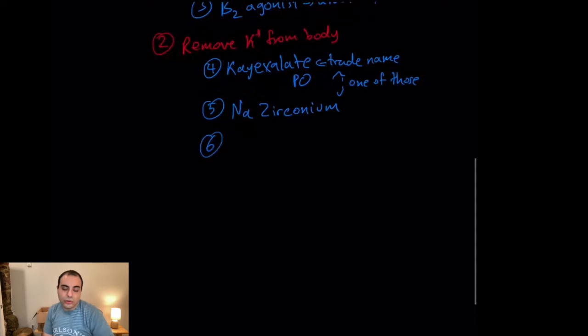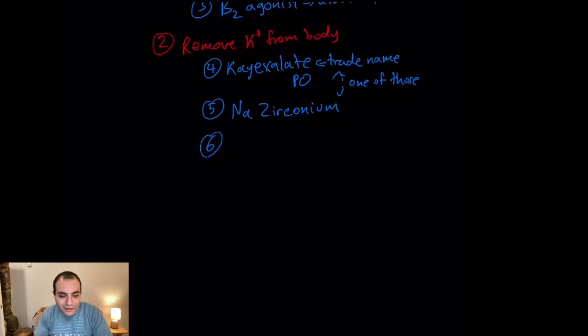What's next? So now you want to actually get rid of the potassium. What's another way of getting rid of the potassium? Diuretics, loop diuretics. Furosemide. Exactly. So we said first you want to get the potassium out in the GI tract, then you start working